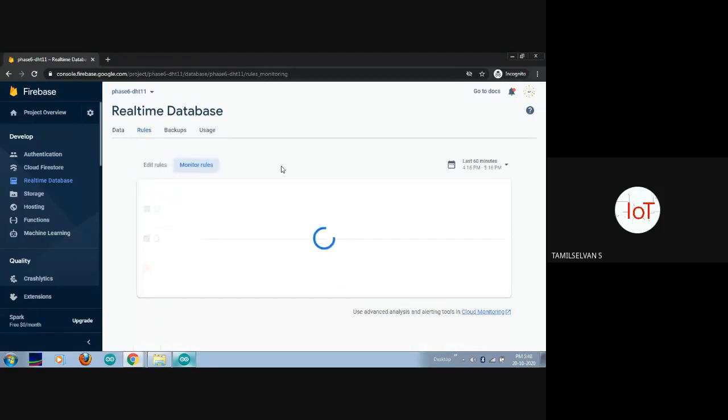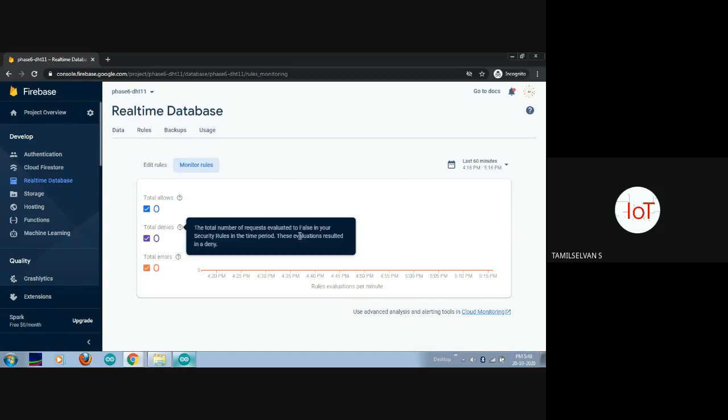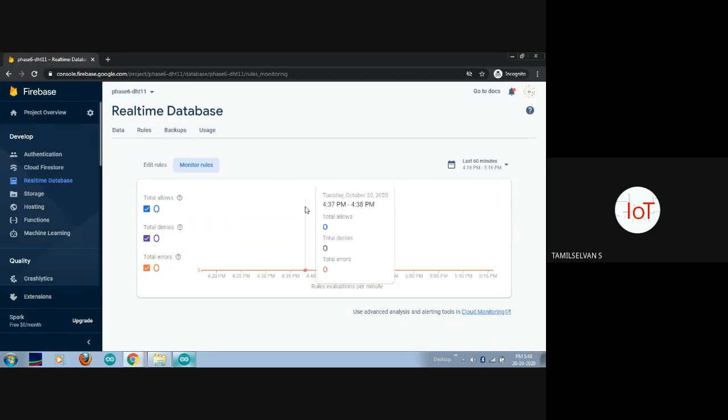And the monitoring rules are also there. The total number of allowed requests, total number of denies and errors, I can view from here. After uploading my data, I can see whether any third parties requested my data or not. I can visualize it here, and it will list the last 24 hours or 1 hour of data, 7 days, or the last 30 days.